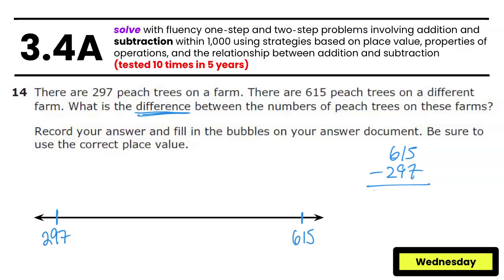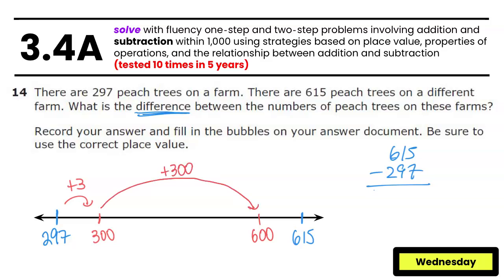And so one way that we might do this is to start by counting up to 300. Well, I know that that's just going to be an addition of 3. Then from 300 to 615, maybe we could go all the way to 600. And so if we go from 300 to 600, that's a pretty obvious count up by